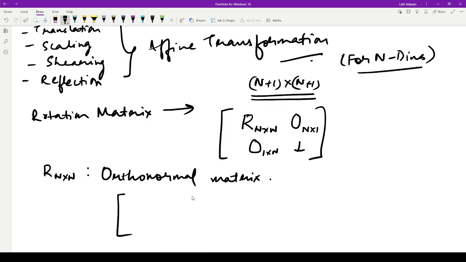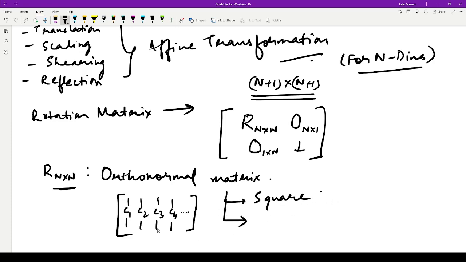Orthonormal vectors are perpendicular vectors. Yes. So orthonormal matrices are, of course, square matrices, as you can see that it's written n cross n. So these are square matrices,